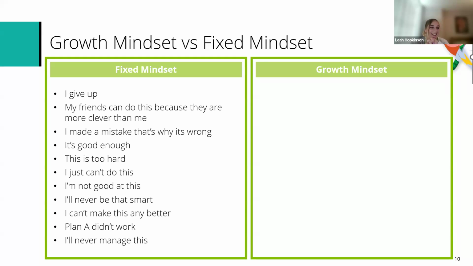I can't do this yet, with a big smiley face. I like that one. Exactly. I can do this yet, or I think I can do it. I can give it a try. Exactly. Give it a try is great. Let me try. Yeah. Going to find another way. Exactly. Not just one way of doing things. Yeah, different methods. It's great.